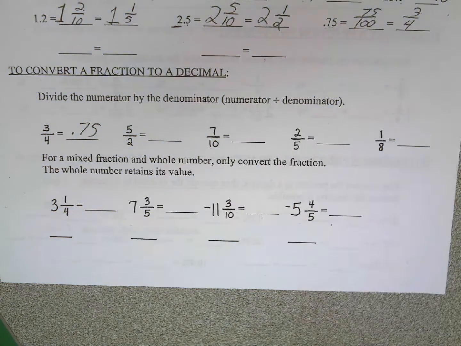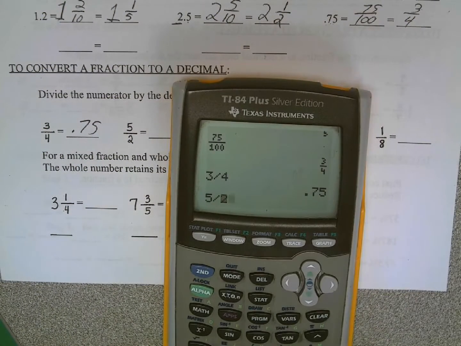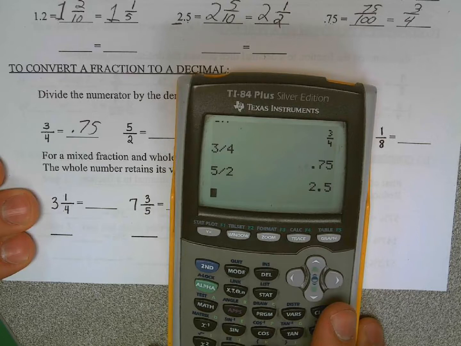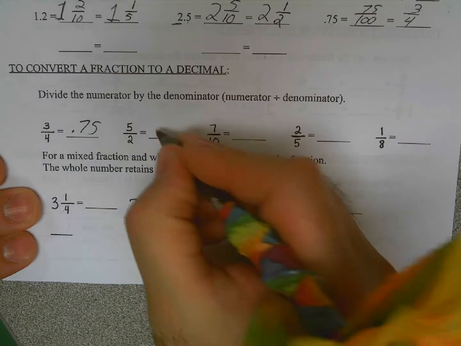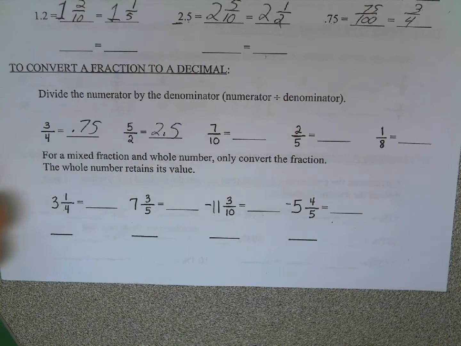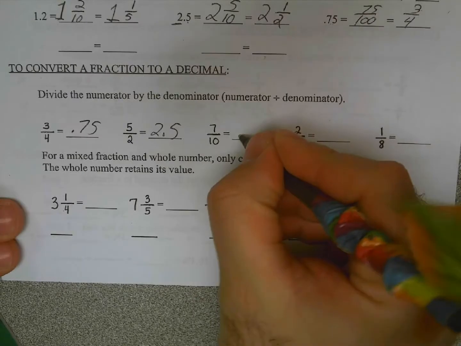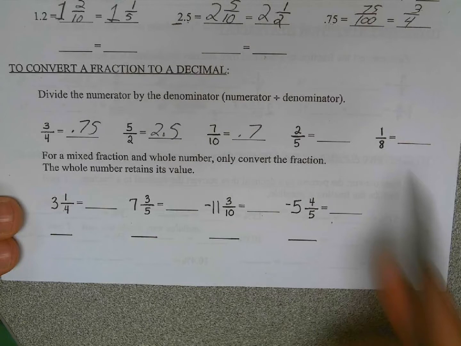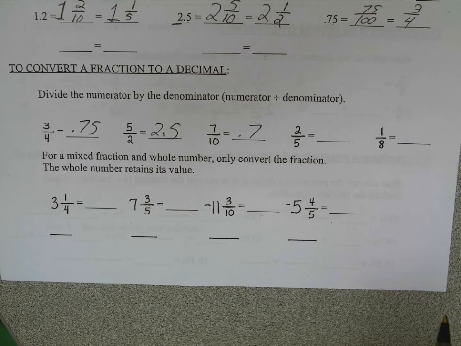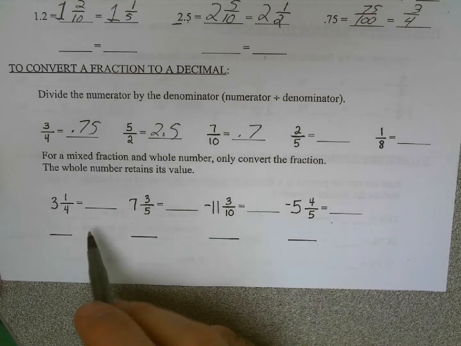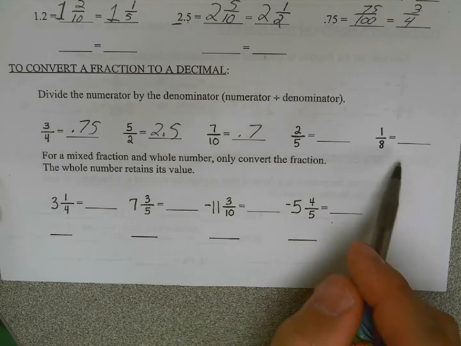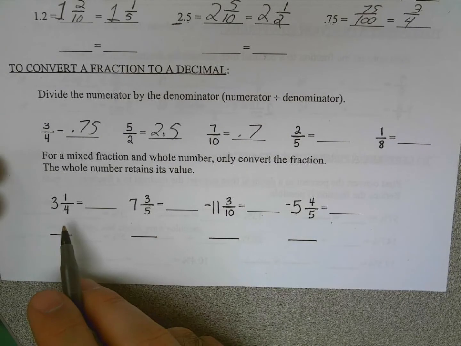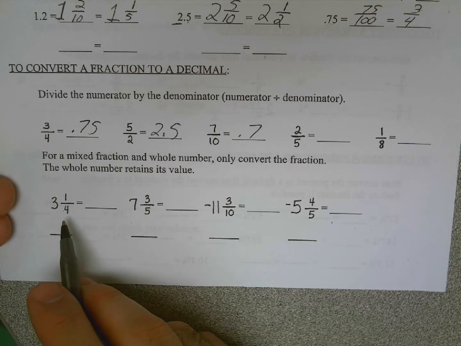All right? 5 divided by 2. 5 divided by 2, 2.5. All right? So we got 2.5. All right? 7 divided by 10. 7 divided by 10. Just use the calculator. 0.7. So why don't you try the next two? Call me over and say, Mr. Lacey, did I do this right? And I'll look at it and say, good job. Okay? Next, once you're done with those, and I looked at it, and your paper's looking good, we're going to